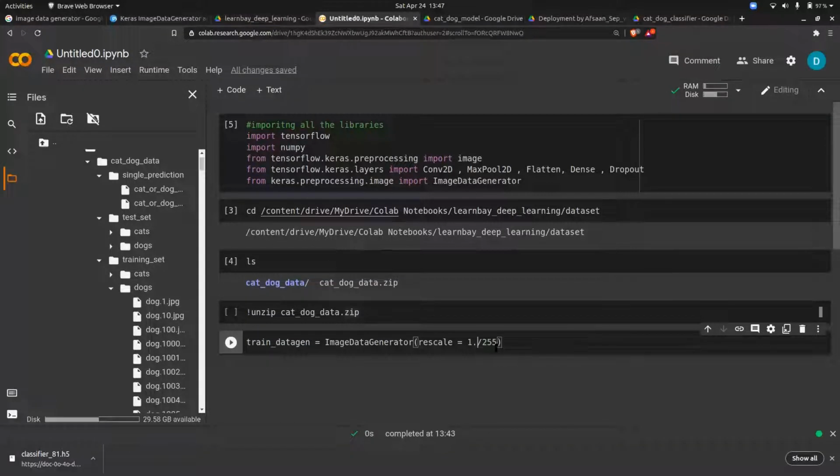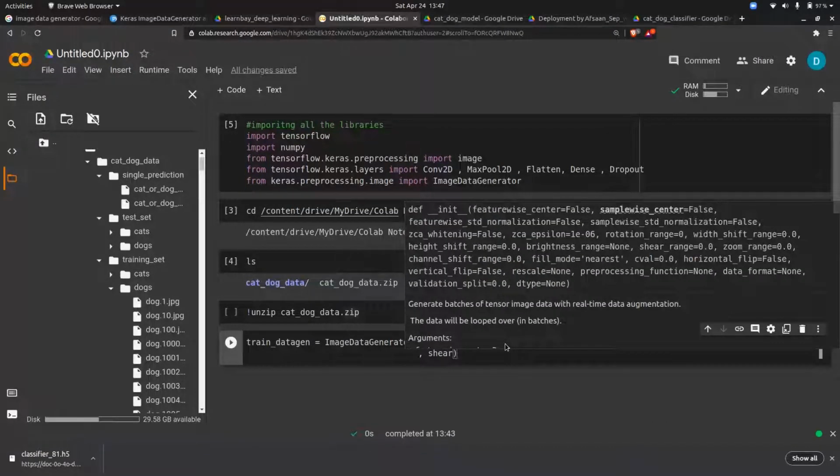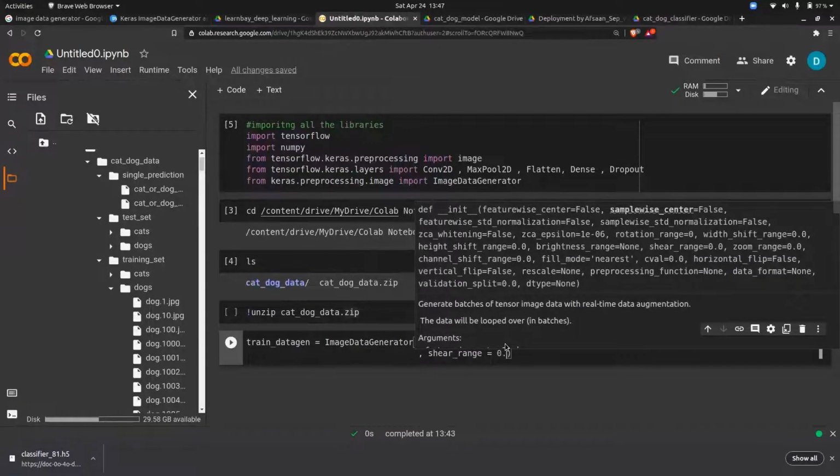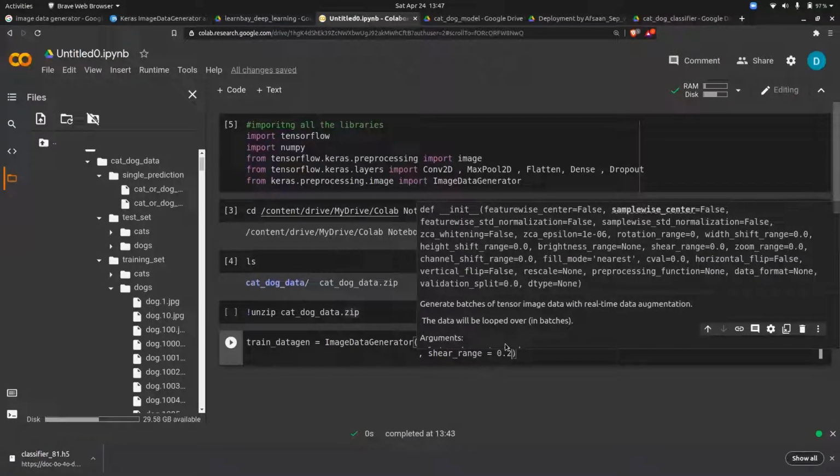The next thing you have to do is put shear range of 0.2. What this means is that your image will be tilted towards left or right by about 20 degrees.